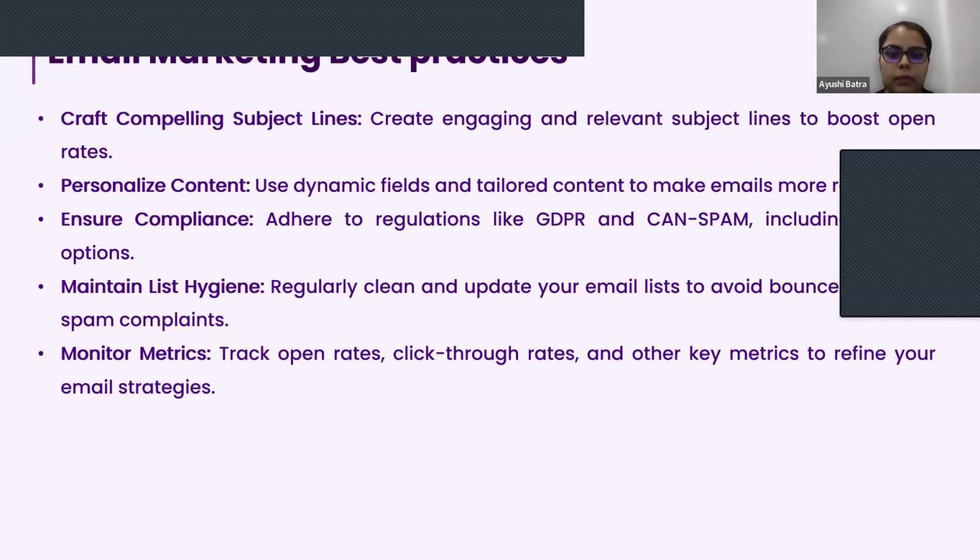Then we have compliance. As per the regulations, it is mandatory to provide customers an unsubscribe option as per the CAN-SPAM rule. Then we should always maintain list hygiene. It is always a best practice to regularly clean and update your email list to avoid bounces and spam complaints.